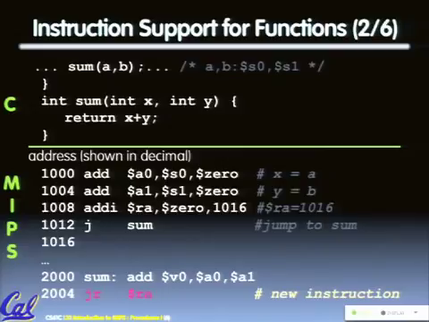V0. The assumption is that it's going to be in V0. So guess what? Sum plays nice. Sum does the right thing. Looks at the A's, stuffs the V's. This is the shortest procedure in assembly you'll ever have, which is do one thing, and then $RA, which is